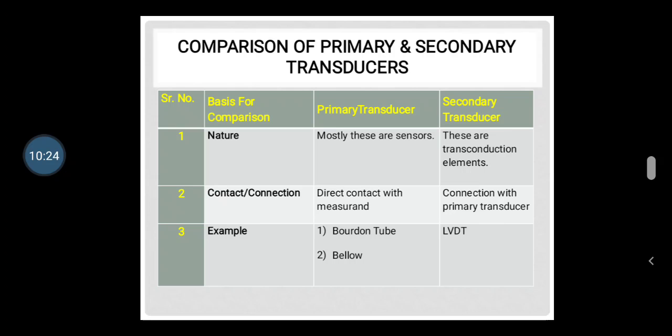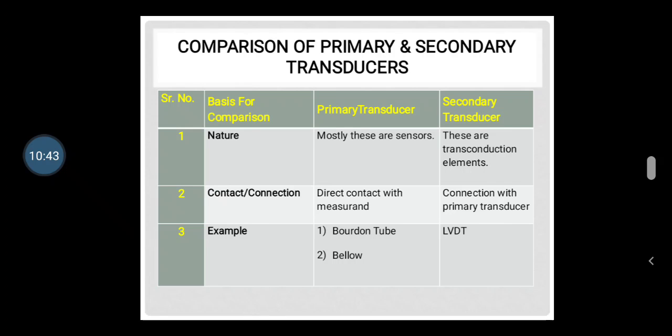सबसे पहला कंपेरिजन आएगा नेचर। प्राइमरी ट्रांसड्यूसर मोस्टली दीज आर अ सेंसर ही होते हैं। बट सेकेंडरी ट्रांसड्यूसर दीज आर अ ट्रांसडक्शन एलिमेंट, एक ट्रांसडक्शन एलिमेंट है जो दूसरे के आउटपुट को इनपुट बना के आउटपुट में जो चाहिए वो क्वांटिटी दे सकता है।